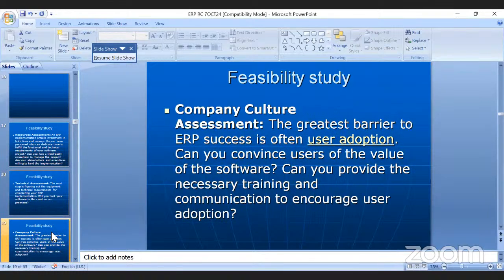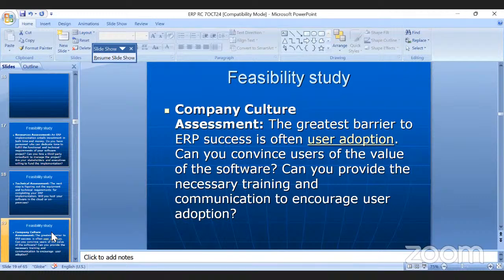Next is company culture. I told you about the core banking implementation in the banks. The company culture was that they did not learn. They are permanent employees, government employees, they cannot do anything. So they thought of VRS. Will they adapt to the new system? Change, yeah, change is the permanent thing. Will they adapt to the change, or will there be a strike, or resistance from the employees? This happens whenever there is any change in the organization.